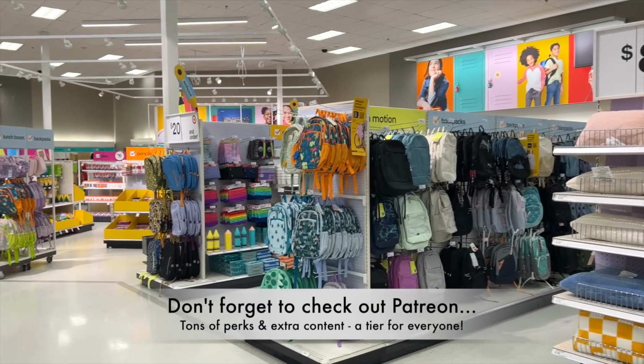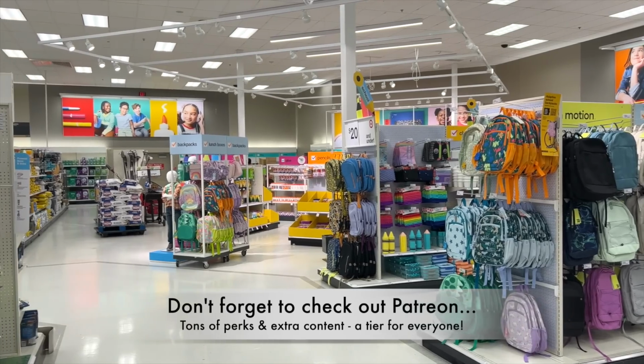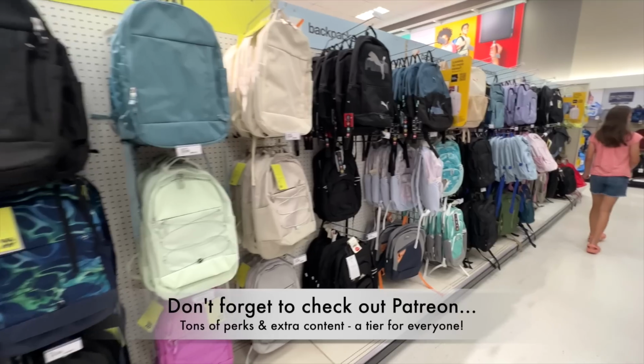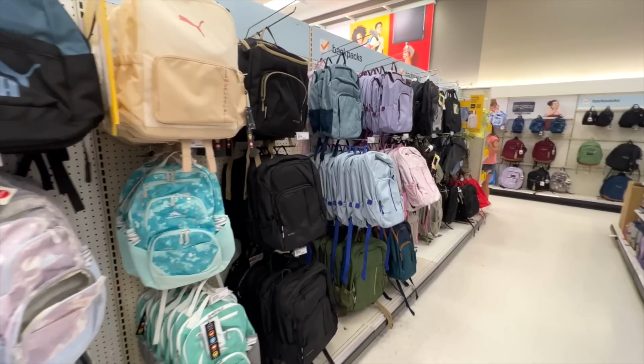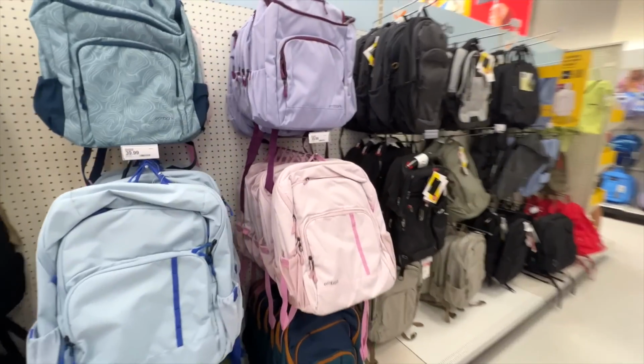I will say that Target is my normal preference for where I go and shop to find things. Let me know down below, do you have a preference, Target or Walmart? My Target just tends to be a little bit more organized, and so I like heading there. I'm so excited about back to school. It's been a fantastic summer, but back to school supplies will always make me super happy, and I love looking